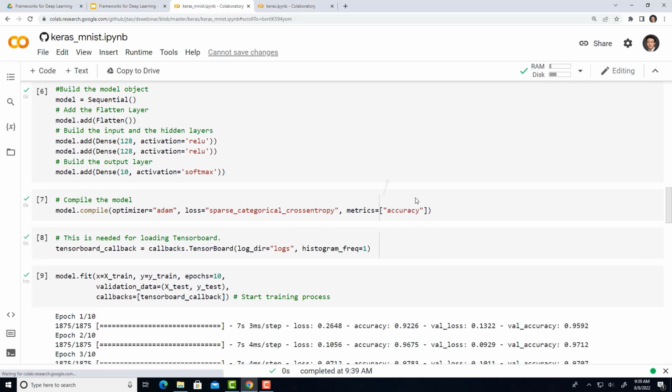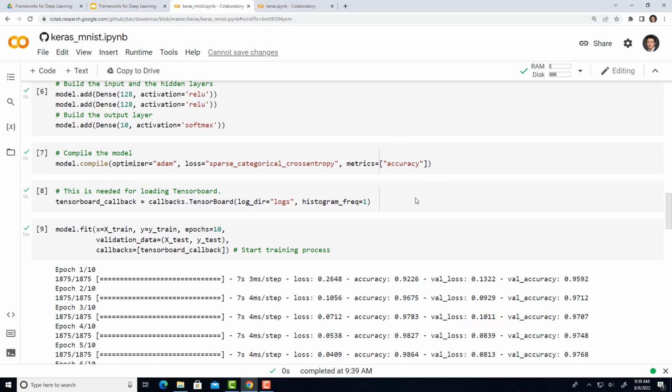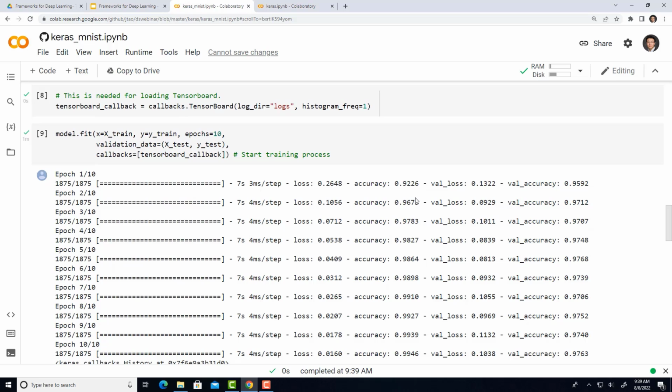Because for every classification problem, you can easily compare to see if your classification is correct or not, because it's a labeled dataset. And there is a need for loading TensorBoard if you want to go into the details about the training process, if you want to look at the variation of your accuracy and your errors, and you can use TensorBoard to do that.